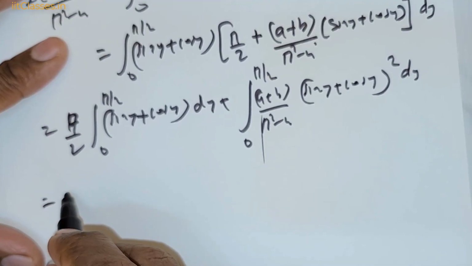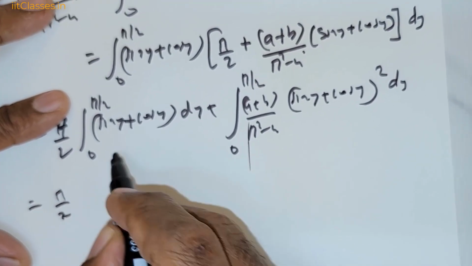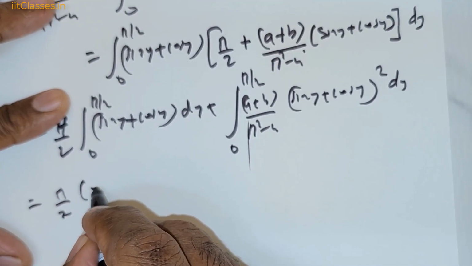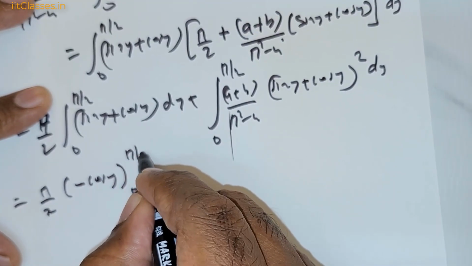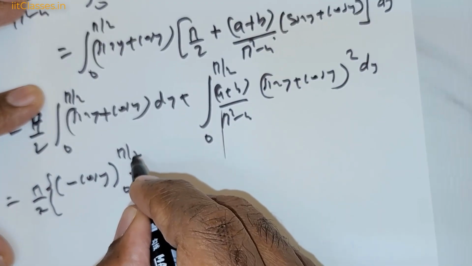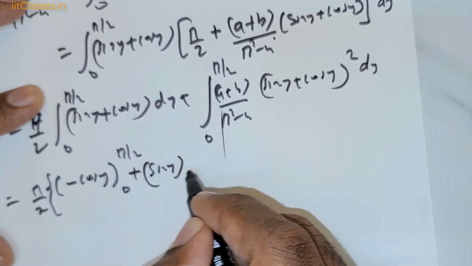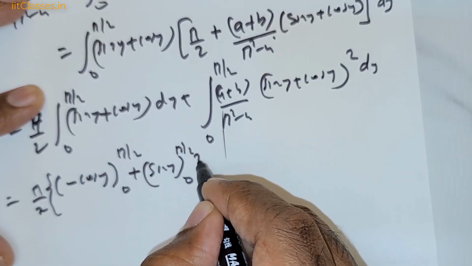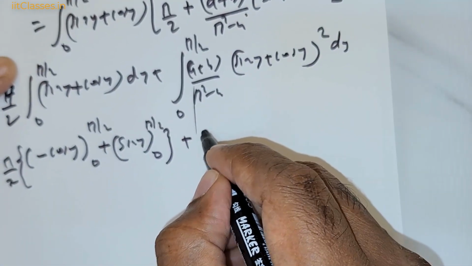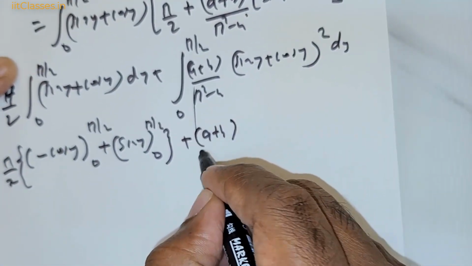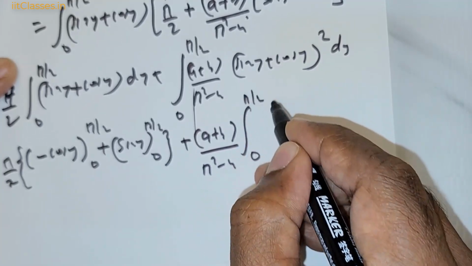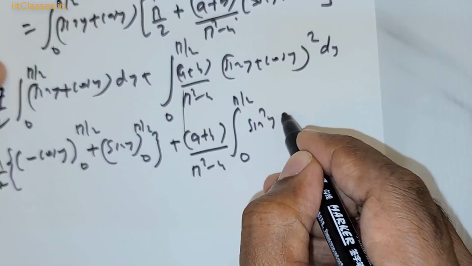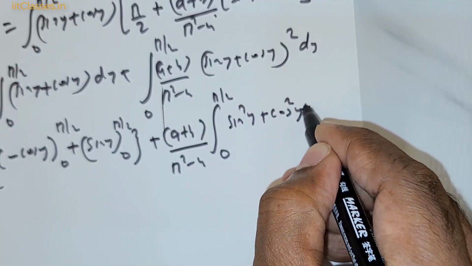Now one more step is needed. So this is pi over 2. Now you integrate sine y, you get negative cos y. The limits are 0 to pi over 2. And you integrate cos y, you get sine y. The limits are 0 to pi over 2. Over here, I'm going to take a plus b divided by pi squared minus 4 out. And 0 to pi over 2. Expand this, I get sine squared y plus cos squared y plus